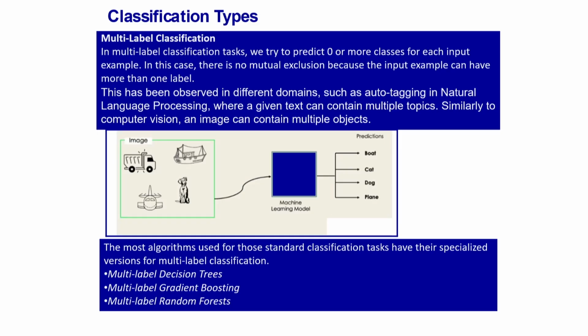So, you understand, right. You can also have a multi-label classification problem, not just binary. In multi-label classification tasks, we try to predict zero or more classes for each input. For example,